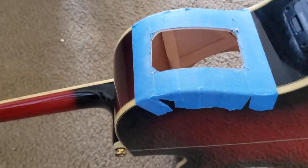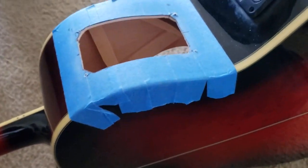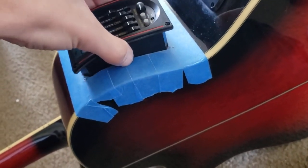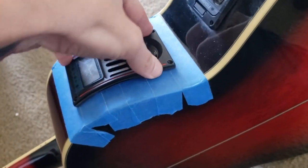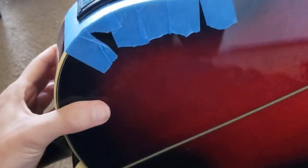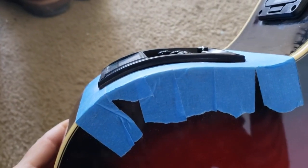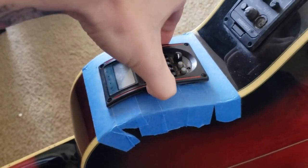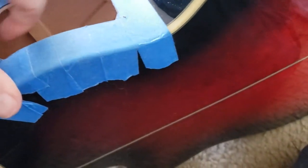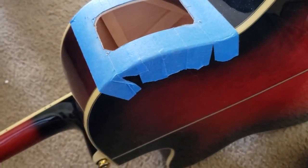Alright, so I got my hole cut out, and I've had my module fitted in here. Boom. Money. Now what we'll do, pop this little guy out, take the tape off, just kind of dress up the hole a little bit, and then we can start